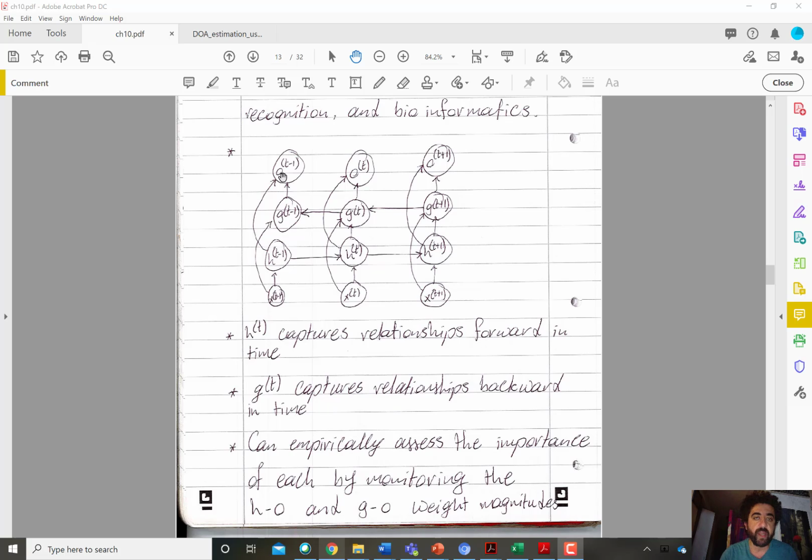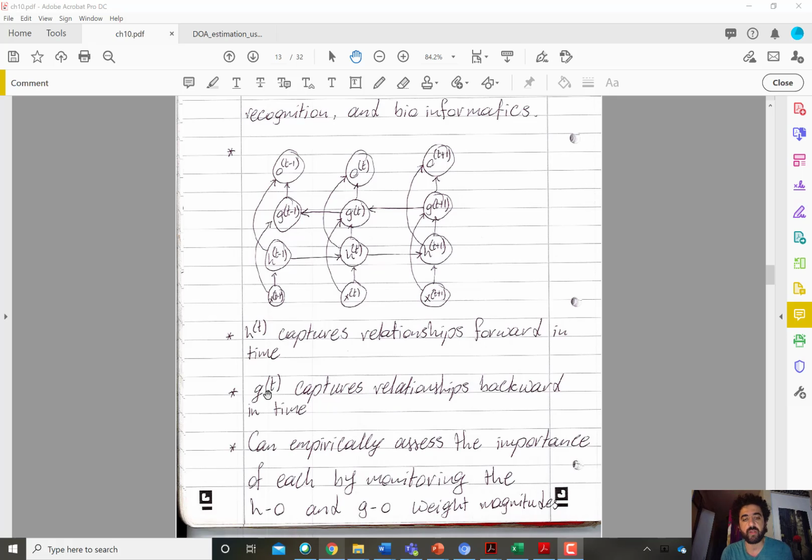Both the H and the G contribute to the output at every time step, right? Same mechanism as the recurrent neural network with hidden connections, but it's as if you have two sub-networks, and both of them contribute to the output. So H of t captures the relationships that are causal, and G of t captures the relationships in time that